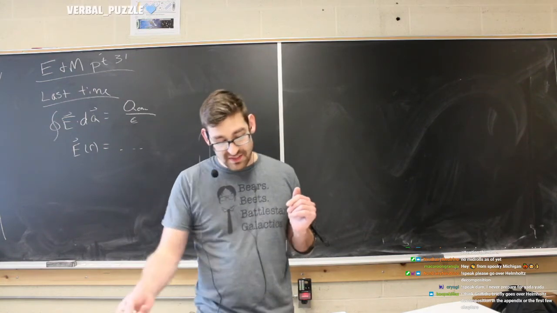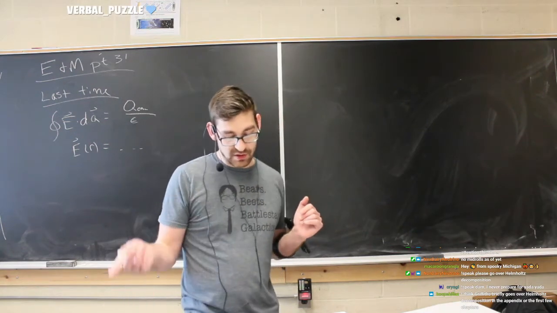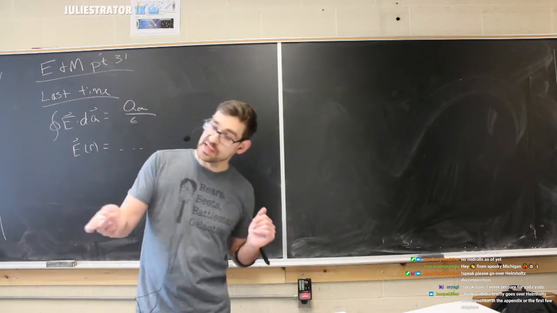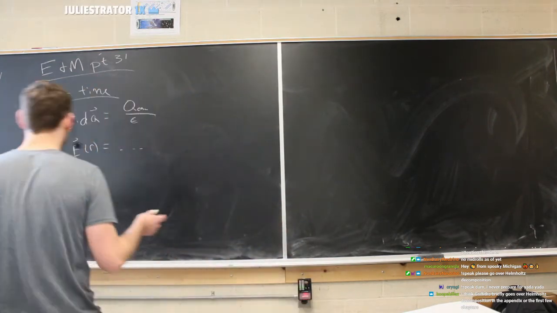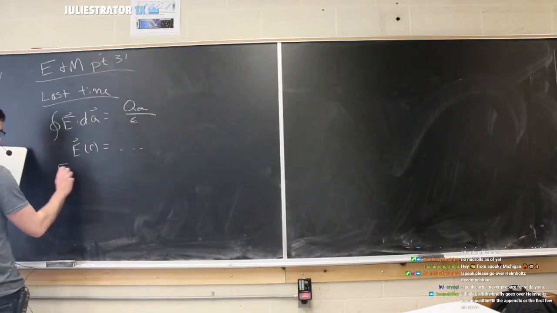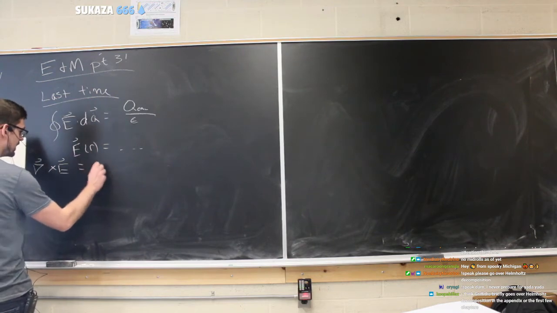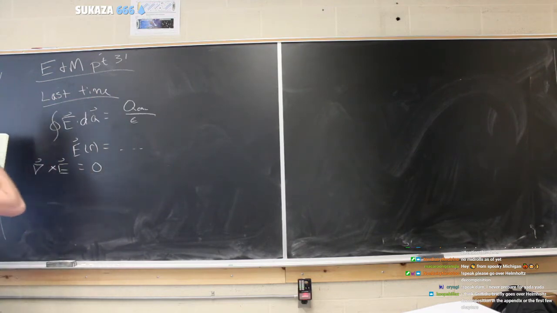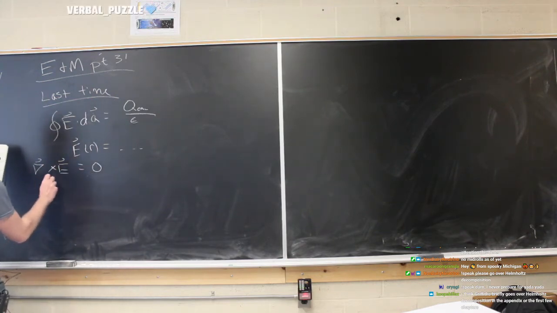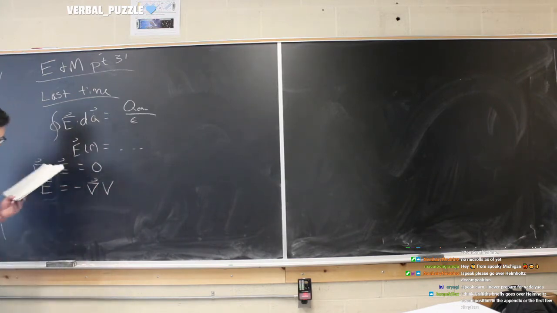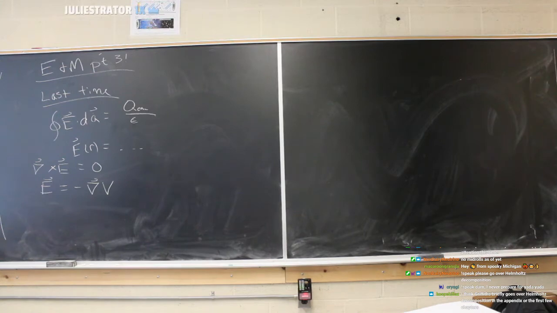And then once we got the second Maxwell's equation for electrostatics, we were able to realize that led to the electric field equation. Let me write that down. So we should write them both down. We had the curl of E is equal to 0, and that led to the electric field being equal to the negative gradient of the potential. Okay, and we did all that last week.